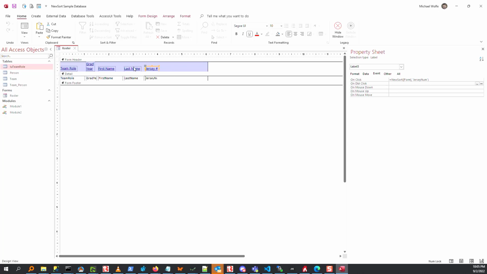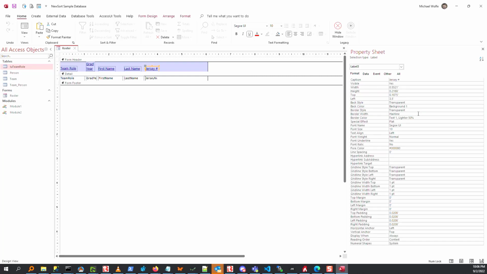So the other thing that we've got in there is to get that hand to come up, we've got this other function, equals use hand. One thing I wanted to show, we're not using the use hand function on this jersey number one, because I want to demonstrate one of the things that you can do, and somebody mentioned this in the comments. If you look here, it's hard to see, and this is one of the things I don't like about this technique. There's actually a single space in the hyperlink address